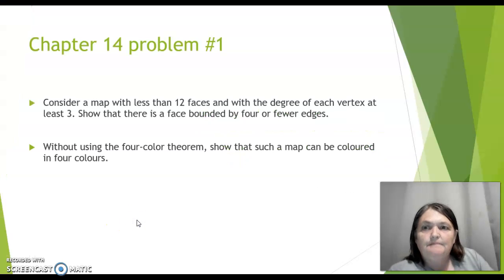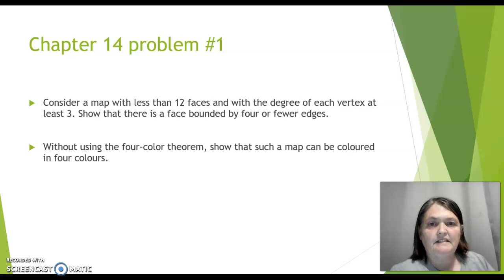Chapter 14, Problem 1. Consider a map with less than 12 faces and with the degree of each vertex at least 3. Show that there is a face bounded by 4 or fewer edges. And then the second part will be, without using the 4-color theorem, show that such a map can be colored in 4 colors. So for the first part,